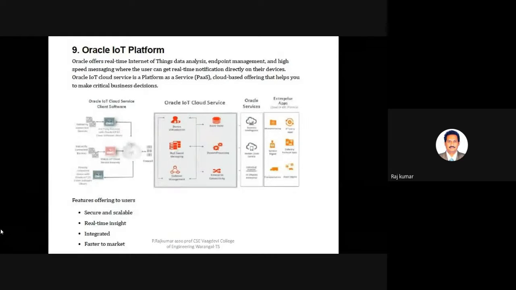The collected data will be tested with different kinds of analytics, and we'll get some important information that is called insights. And it is very fast to market, meaning once you collect the data, it can also be sold outside to the markets.